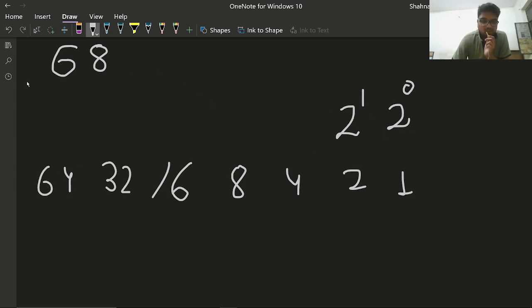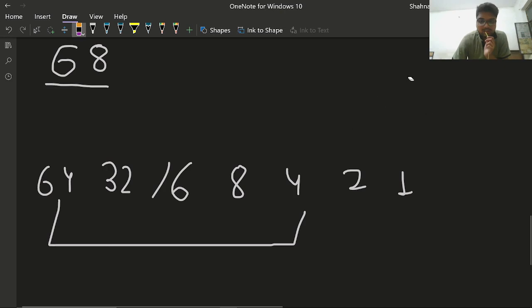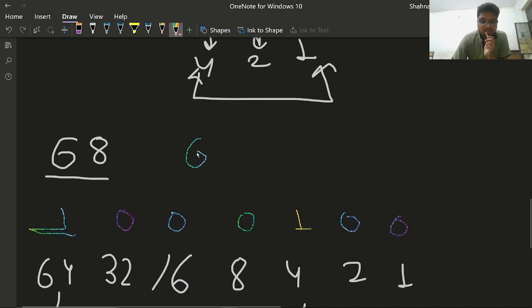So now forming 68, which combination can we take to make it 68? We can take this. Let me erase this. Put 1 here and 1 here, and the rest 0. So what is the binary equivalent of 68?